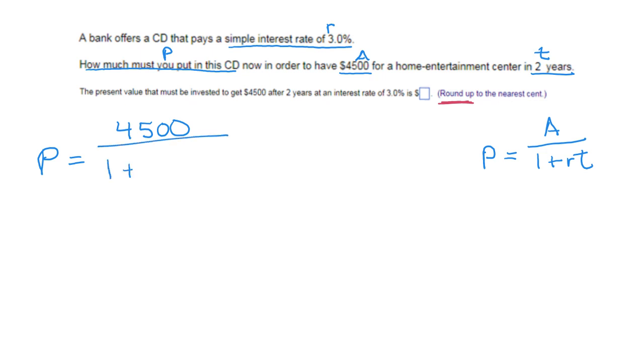We have 1 plus. Now R is 3%, so remember we're going to rewrite that as 0.03 times 2 for 2 years. Place this in your calculator and we are coming up with